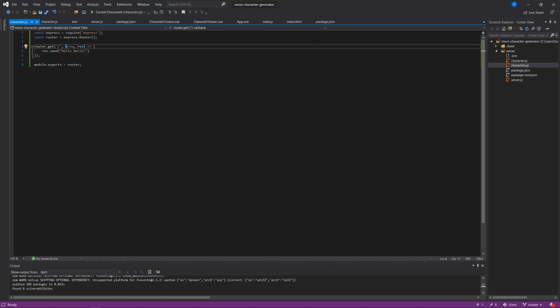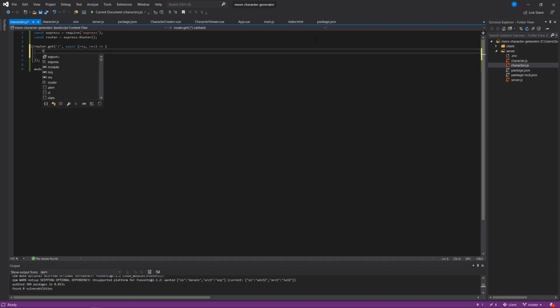So right now we have router get at the root directory, which you'll recall is actually at localhost 3000/characters. And we're going to change this into an asynchronous request. You might want to just do a Google search for what an asynchronous function is in JavaScript, but basically it just means that we can do things asynchronously without necessarily having everything happening all at the same time. And we have a request and a response, and within this code block, we're going to delete this hello world